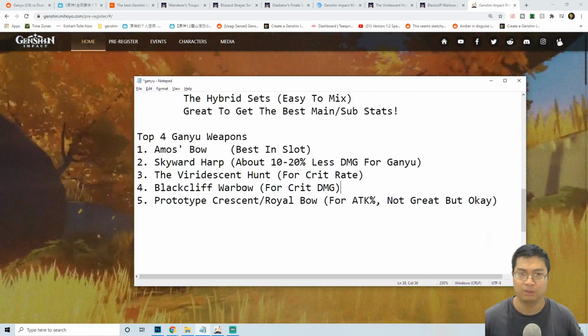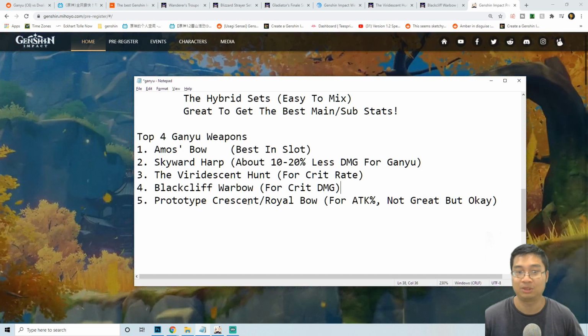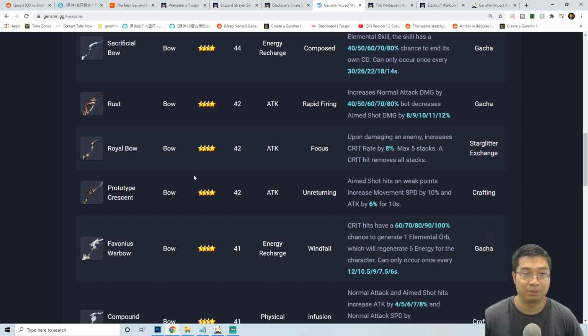But what if you cannot purchase those bows, or if you don't have the resource? So we can look into the Prototype Crescent and also the Royal Bow. So for those two particular weapons, I don't think they're the best in slot, but they're something that will do. The Royal Bow is also purchased from the Paimon shop. This one increases attack percentage, it also increases critical rate. The Prototype Crescent also increases attack percentage as a secondary stat, and also increases attack for hitting weak spots. Now with the aim shot of Ganyu, we really do want to focus on the weak spot,